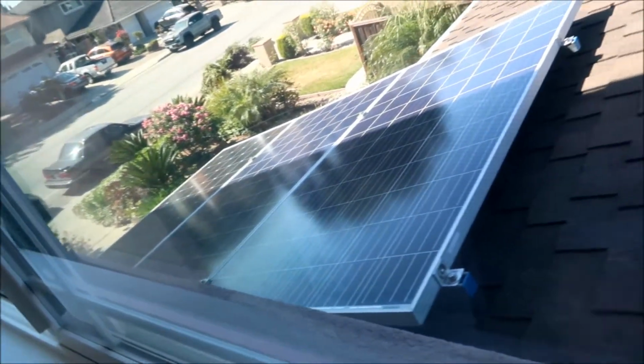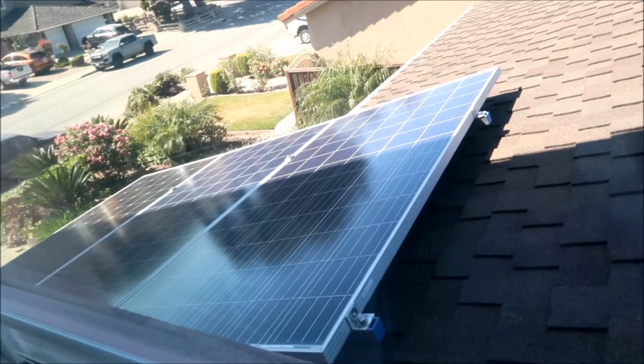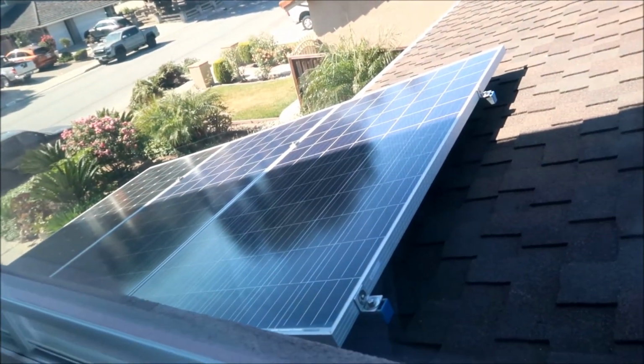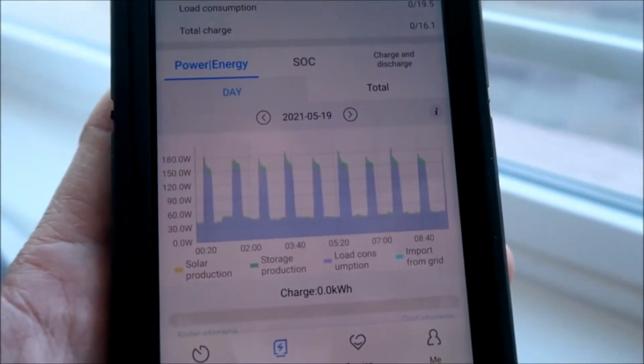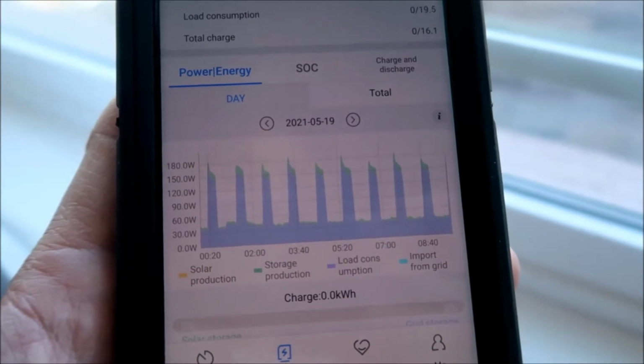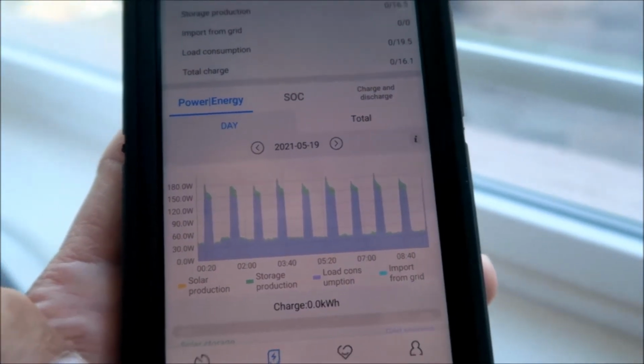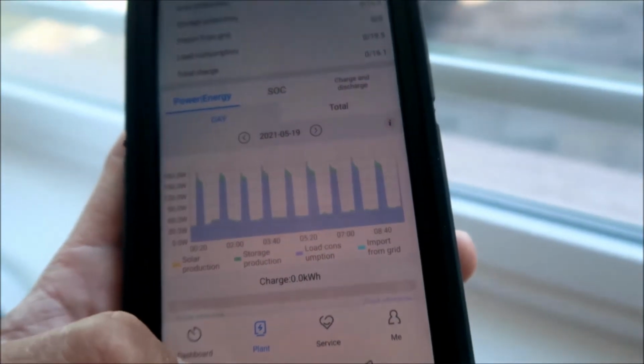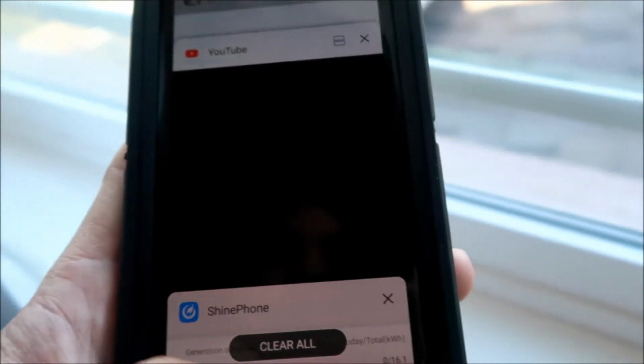But there's a good thing about this. Right now we're not making any power, and my battery bank is almost fully drained now. It eats up a lot of power, that freaking refrigerator. Maybe I should just turn it off and see how much. But anyway,